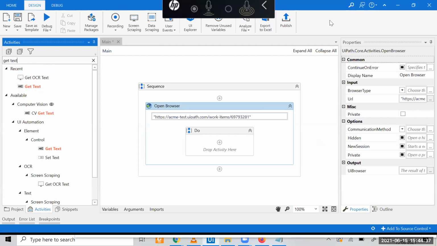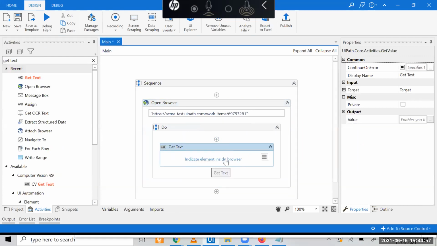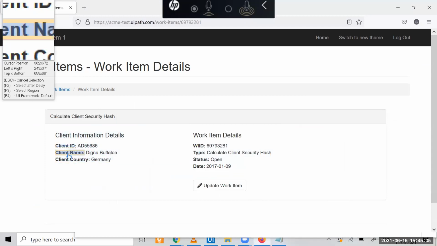Element Exists and filter are used to find out when your data is stored in the data table. If you want to get something, that is called Get Text, which extracts a text value from a specified UI element. So you'll put Get Text over here, then indicate it on the browser. Why am I telling you this is a very tricky website? You see what is happening. Understand?